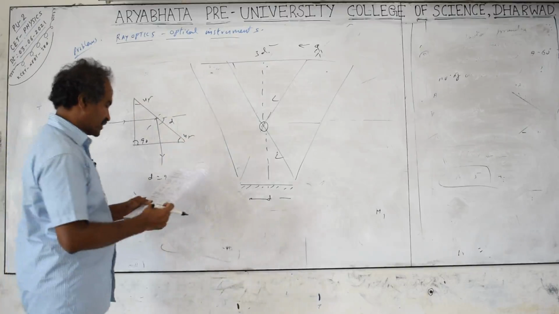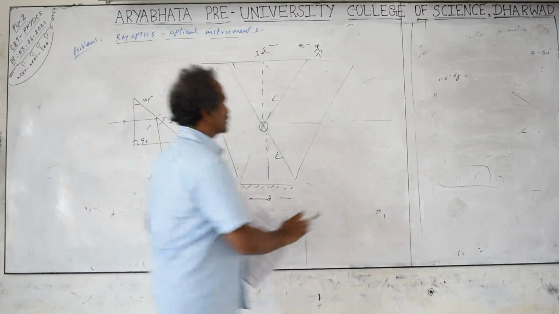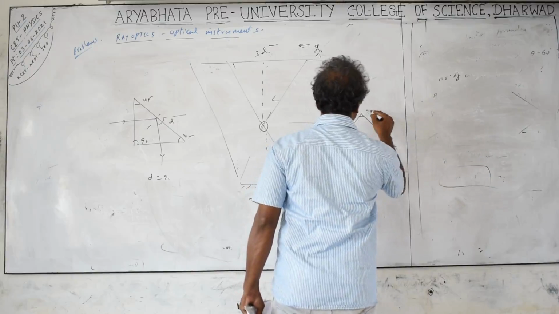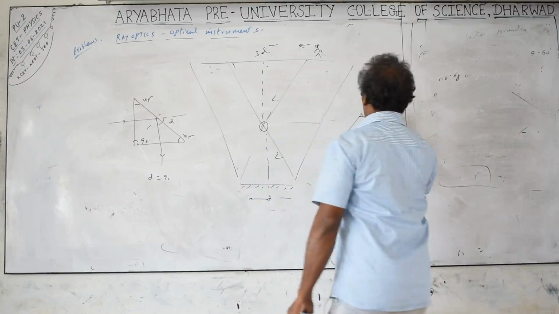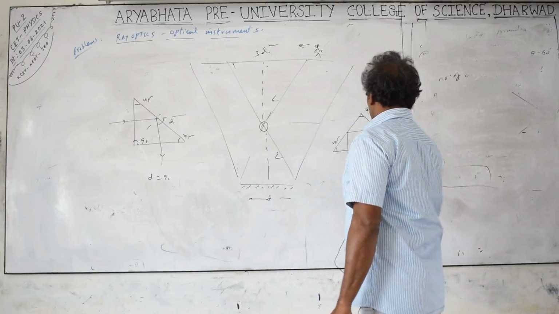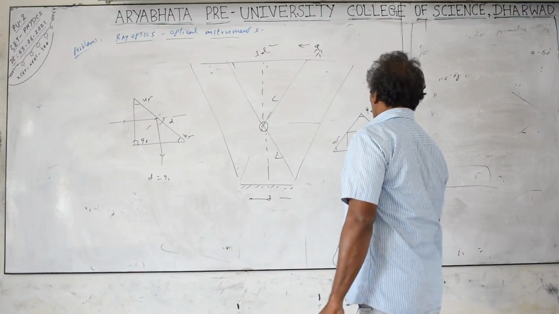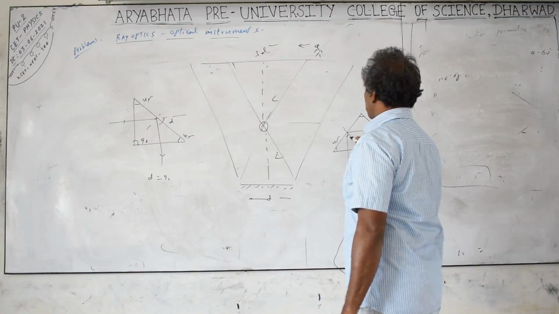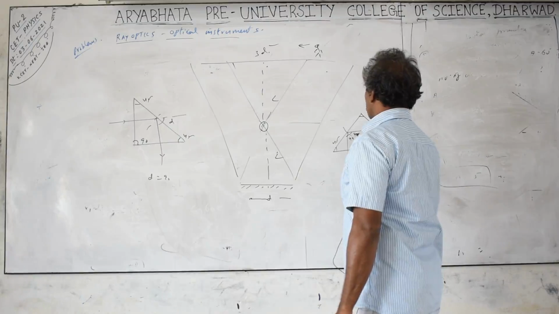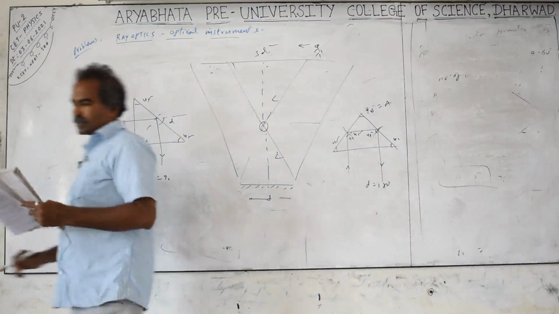Right angle isosceles prism. Next, the same prism in case the light falls from the base. This is a right angle prism, 90 degrees is the angle of the prism. This is 45, here 45. If the light ray falls here, it goes and comes back. What is the deviation? The deviation is 180 degrees. This angle is 45, this is also 45, this is also 45. TIR takes place, total reflection takes place. 45, 45. Total deviation is 180 degrees.